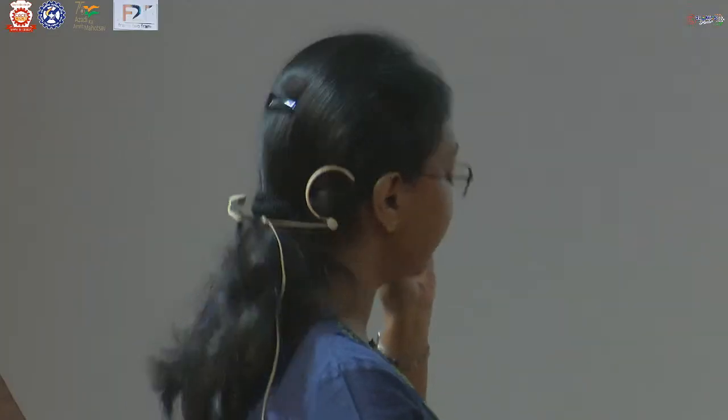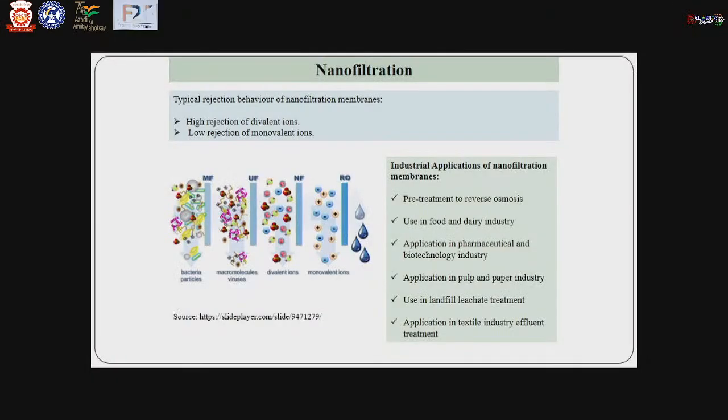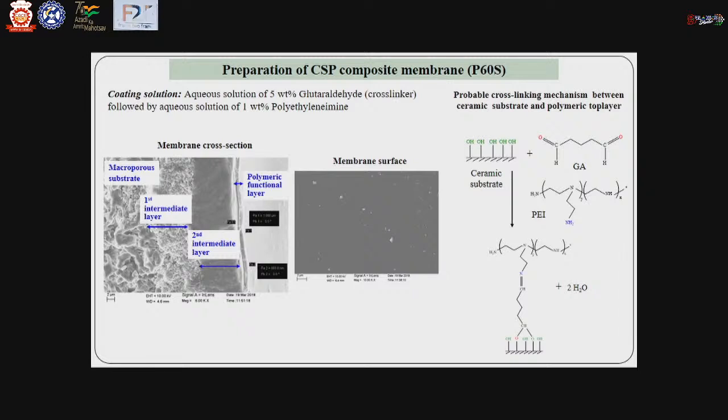Okay, sir. Actually, nanofiltration membranes give high rejection of divalent ions and low rejection of monovalent ions. And what we have done here is we have